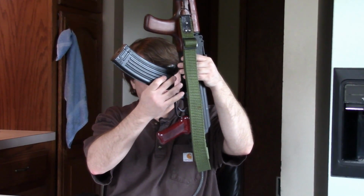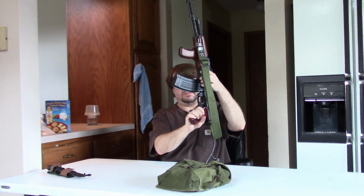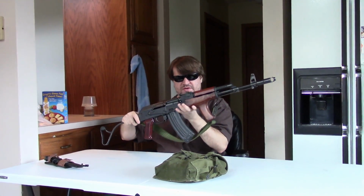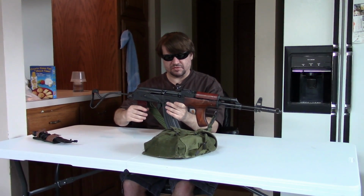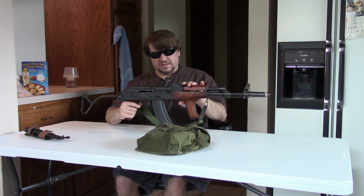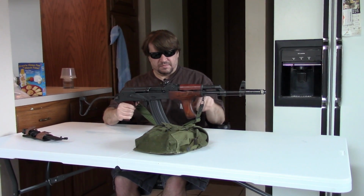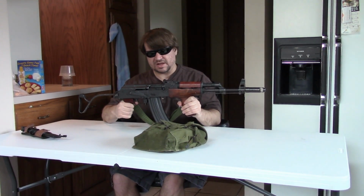And they would install some US parts. They needed 5 for these. So they would typically put in a US trigger group, US gas piston, and US pistol grip, and everything else being Romanian. They would ship these with East German 545 Bakelite mags